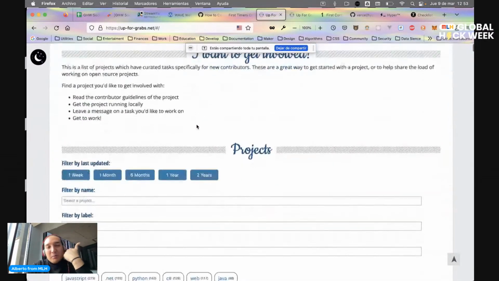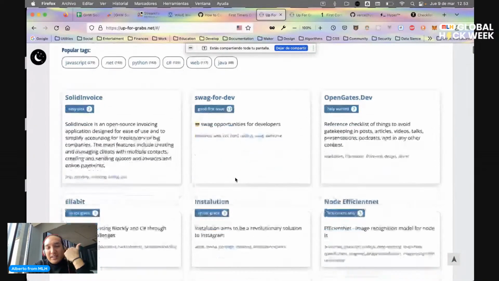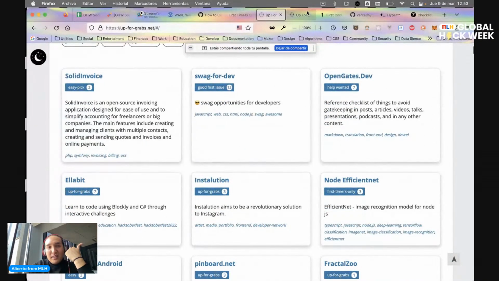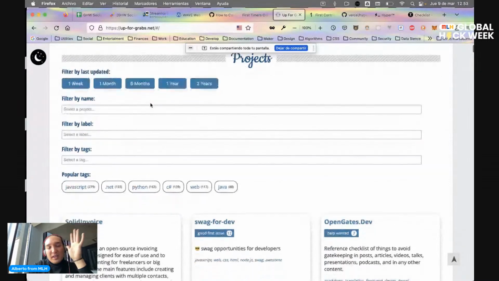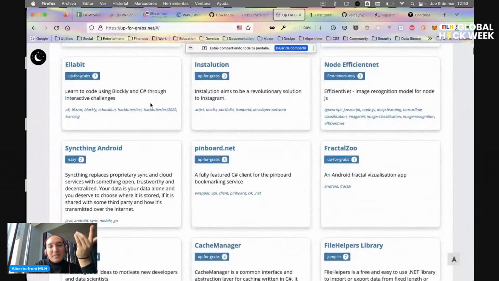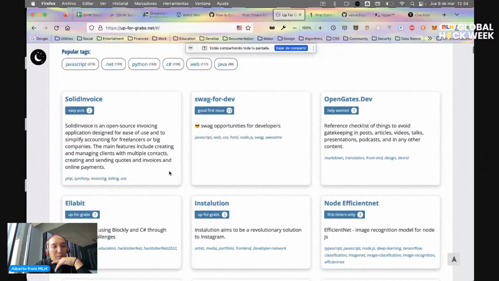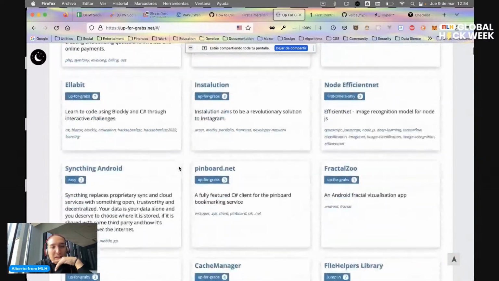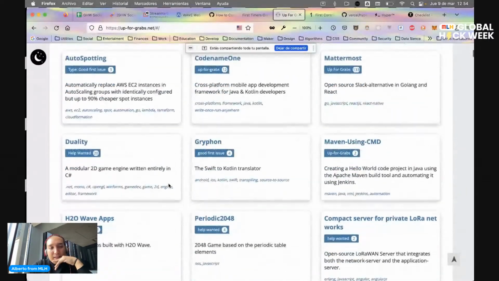It's a really cool page because it shows you a lot of projects and the help they want. You can search by month, week, years, how long these projects have wanted help, etc. Let's find one we like.